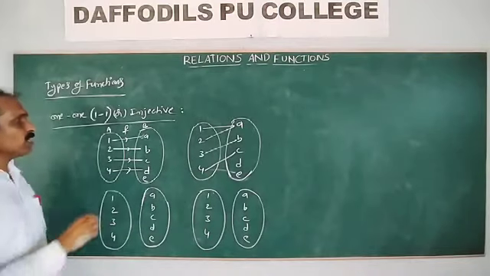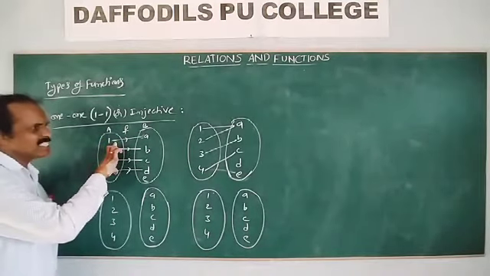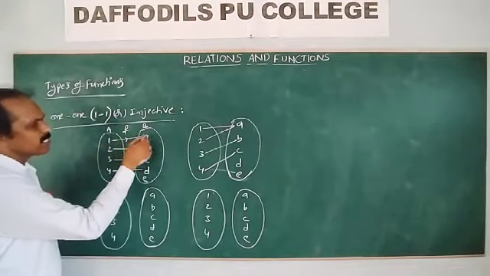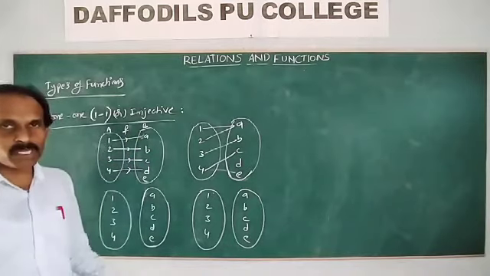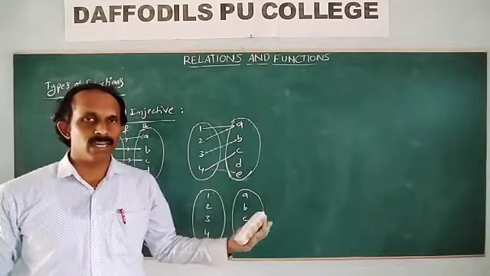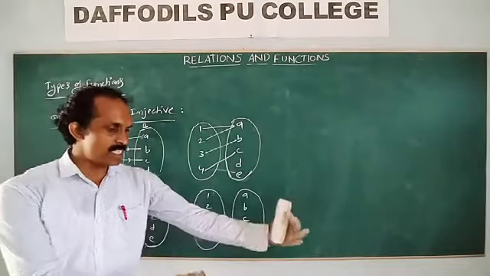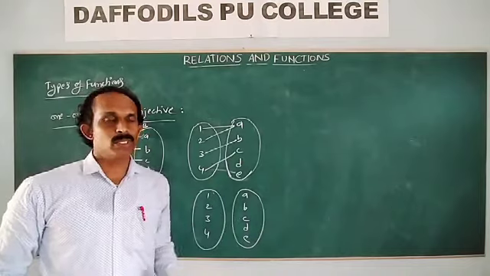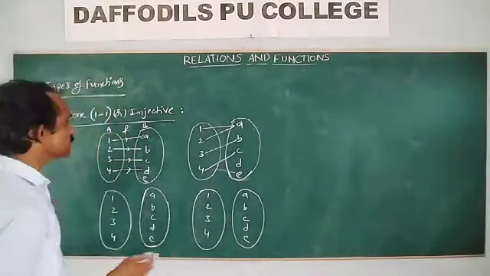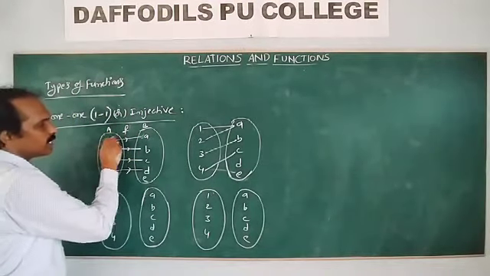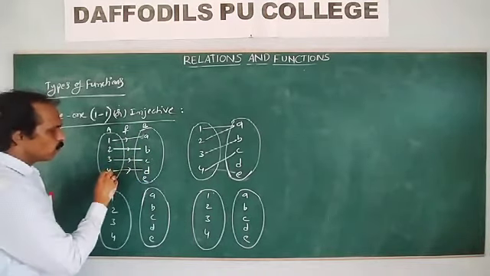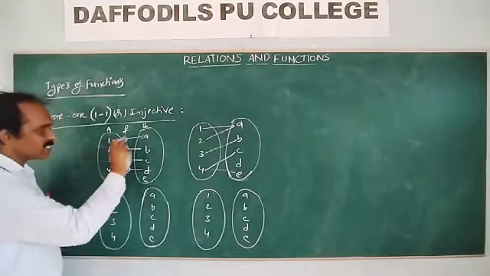Now, what is a one-one function? Different elements in A have different images in B. These are the images. Suppose the image is under a reflector, meaning a mirror. Whatever distance the object is from the mirror, the image is at the same distance on the other side. Under f, the image of 1 is A, 2 is B, 3 is C, 4 is D. So different elements have different images.